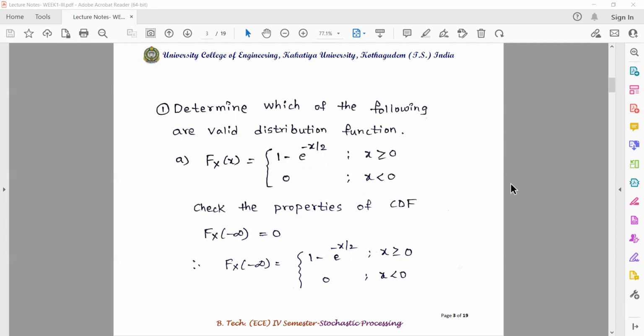Here we should check the properties of the cumulative distribution function. The first property is Fx of minus infinity is 0. From the given equation, it can be seen that when x is less than 0, its value is 0. So Fx of minus infinity is 0. The first property has been verified. Second one,